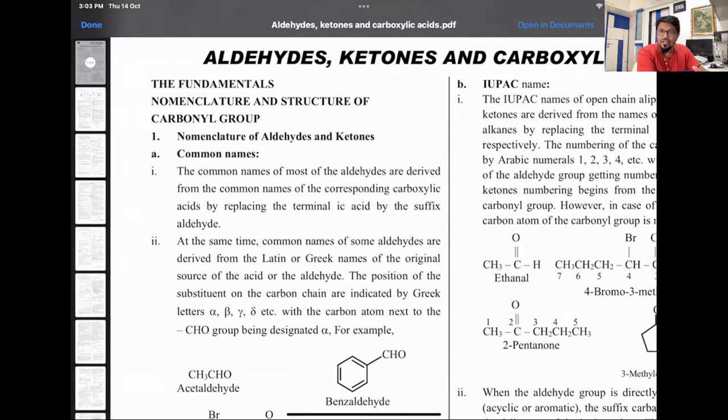That's a terminating functional group. And if the carbonyl group is attached to two similar or dissimilar alkyl or aryl groups, that is what we call ketones. That is one parameter we have. So depending on that, we are going to first talk about the nomenclature part of it, and then we'll go to the methods of preparation. And then further, another carbonyl compound, that is carboxylic acid, is what we will be discussing.